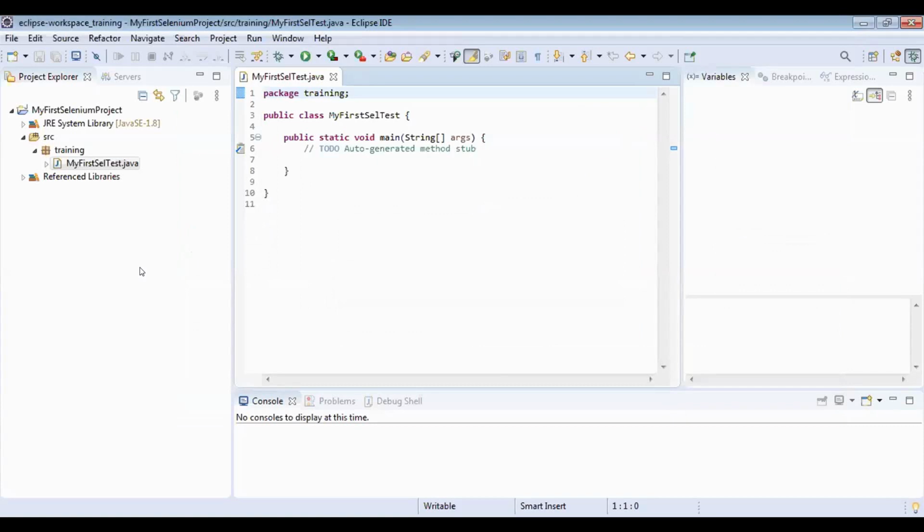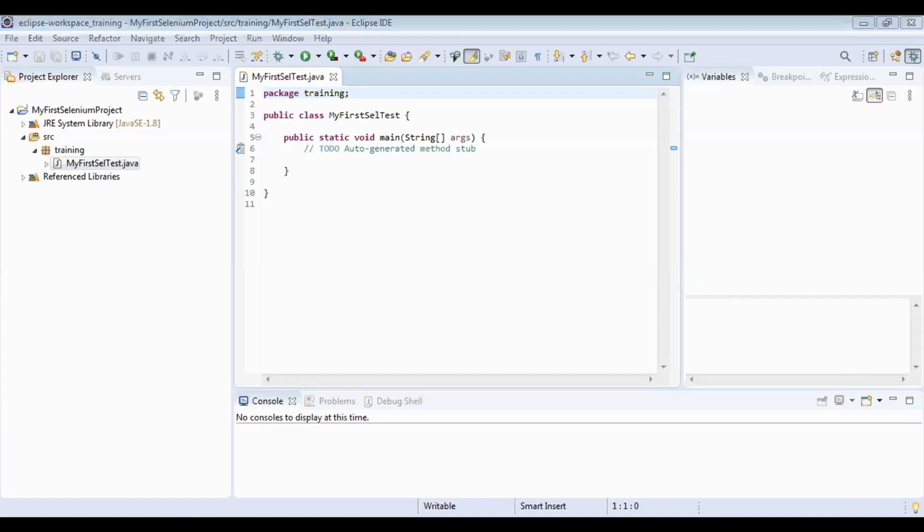Now, as I mentioned, WebDriver uses the driver to interact with the browser, so we need to have the driver also. If you have already downloaded the driver, it's fine.